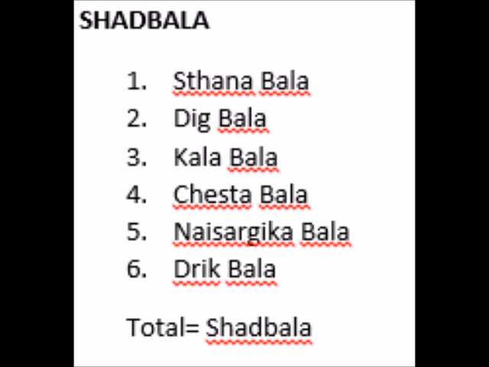So this finishes our discussion on just the first part of the Shadbala, which is the Sthana Bala. And Sthana Bala, once again, like I have explained, is a way of calculating the strength of the planet where it is positioned or placed. And this is broken down into 5 components, which we just discussed. Now, the second component of the Shadbala is Digbala.